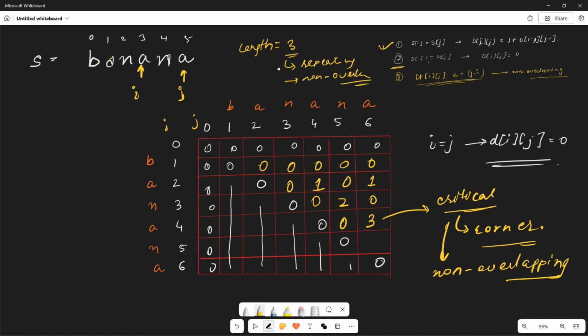Okay, we are saying here that this is the length 3. We have found characters of length 3 which are repeating and non-overlapping. But when we see here, what is happening? Let's say this ith pointer is at index 3 and the jth pointer is at index 5, and if we find the length between these two indexes,